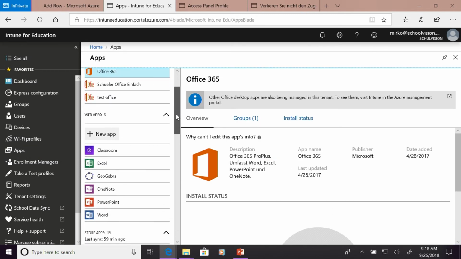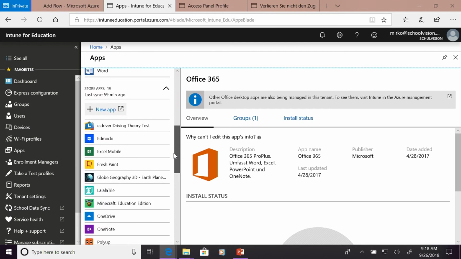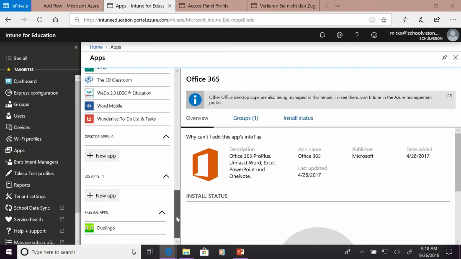You have here your collection with web apps. You have store apps, integration with the Windows Store for Business. You have to enable that, select your apps, bring it to your private store. That's it. As long as the app is in the private store, it will show up here immediately, maybe in 2 to 3 minutes. So that's pretty simple. Then you have also your line of business applications like desktop apps. That's not the new stuff that was announced this week, that you can implement Win32 applications to install through Intune. That's not in yet, but it's coming soon, hopefully.